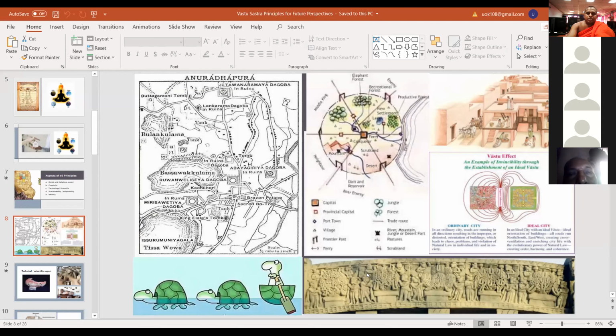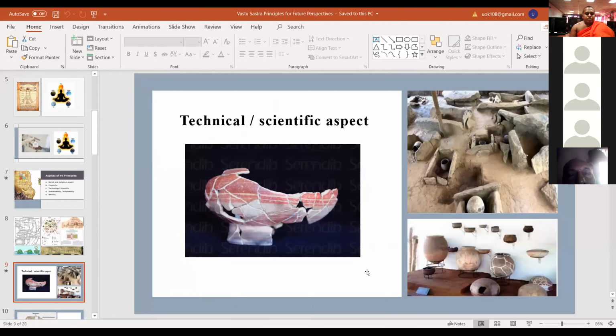So another example. I think you can see this picture. I can take this picture as an example. This is just a simple clay pot. Ancient people knew how to produce, how to create a clay pot. I think creating a clay pot is a simple thing. But